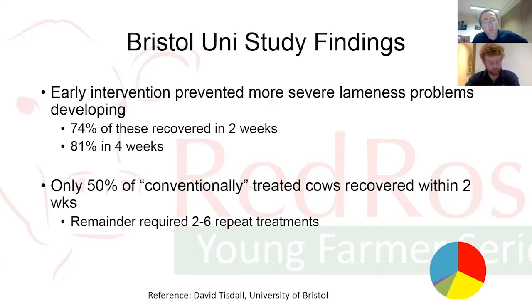Whereas in the case of the conventionally treated cows, and these guys weren't doing a bad job by any means. They were looking at their cows. They were doing their best to pick up lame cows. It's just that probably they weren't picking them up as soon. And to be honest, they probably weren't treating these cows as quickly as maybe they should have. But in those herds, only 50% of the cows were better 2 weeks after being treated. And the remainder required maybe a secondary treatment, but some of them required quite a few additional treatments just to